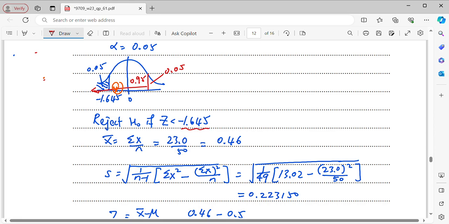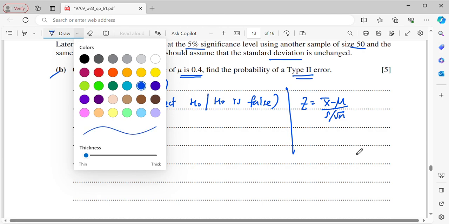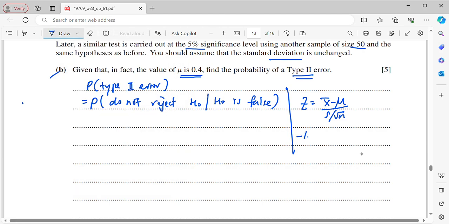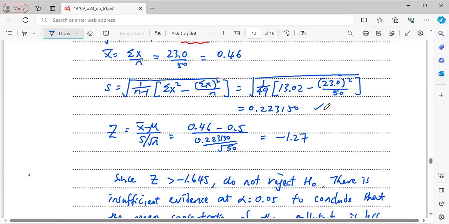So I need to find out what is the X bar to give you this Z value. So then I will replace my Z by negative 1.645. So here, negative 1.645 is X bar minus 0.5 over the S from the previous part, which is this value,